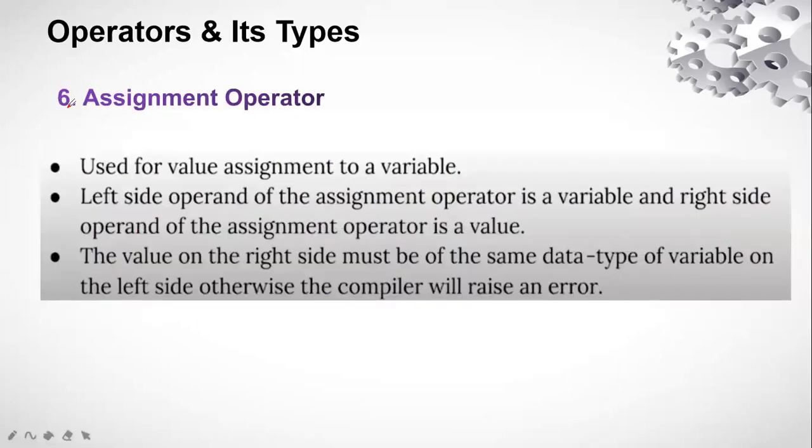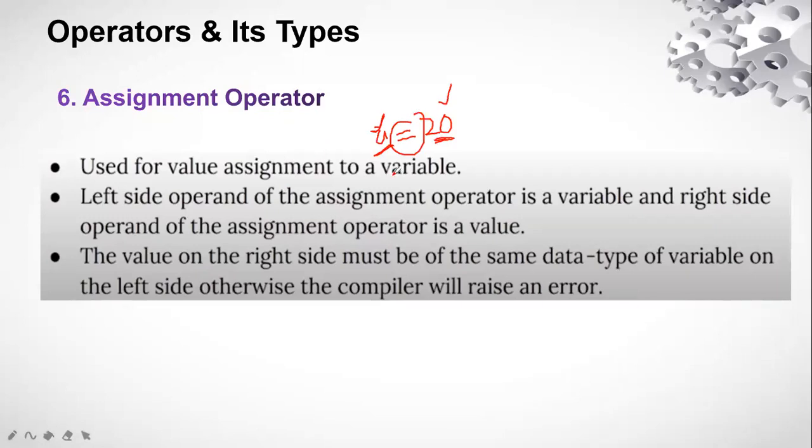Now, the sixth type of operator is called the assignment operator. What is this assignment operator? It assigns the value to the variable. As we have seen, we initialize a variable and then we use the assignment, that is, we assign a value to the variable. That particular operator is called the assignment operator. Let's say I'm writing A = 20. So this is the assignment operator. At the left end is the operand, which is termed the variable. At the right end, there is an operand that is called the value. And this is the operator. So this is called the assignment operator.